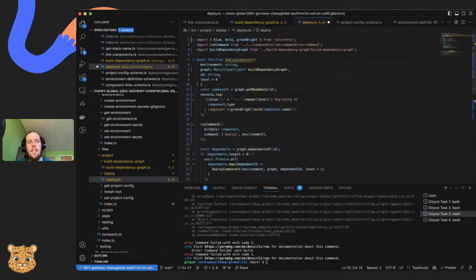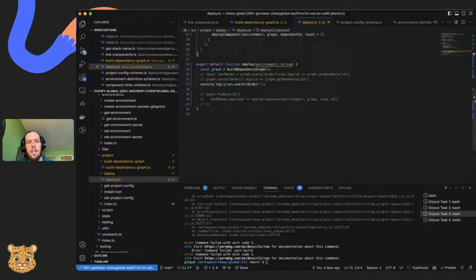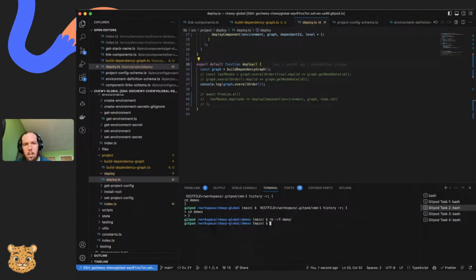Test this. So please. We still need to fix the dependency graph to use the environment, but